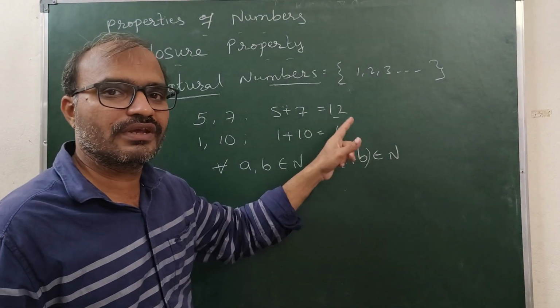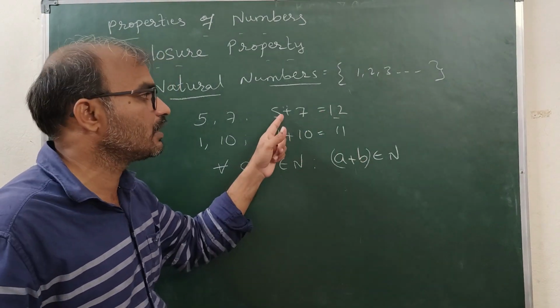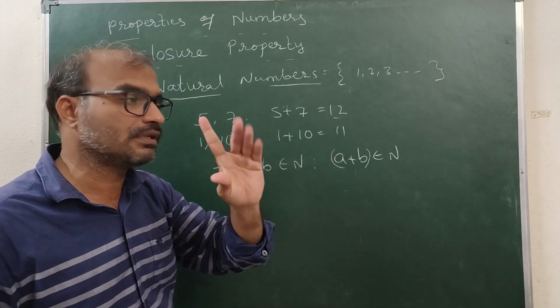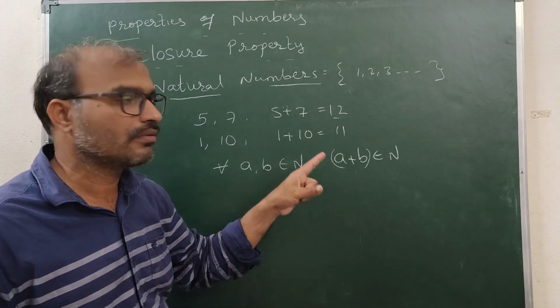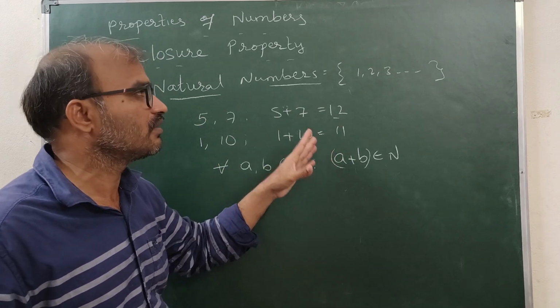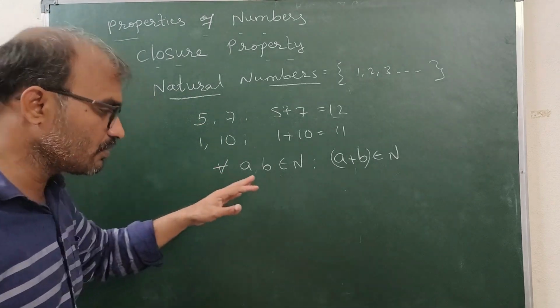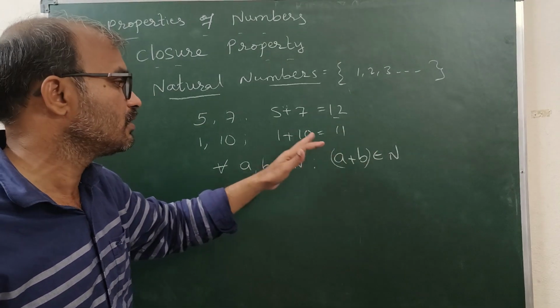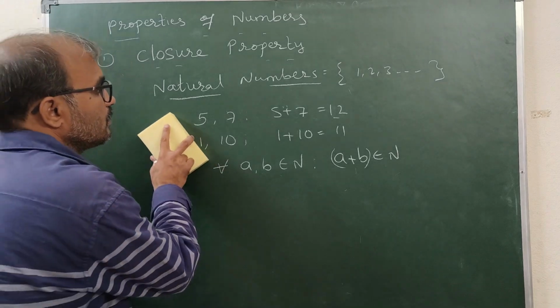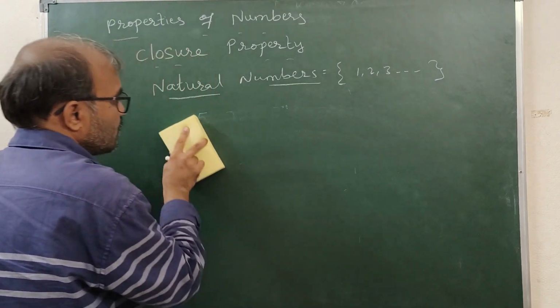Even if I give 100 examples to say it is true, if you are able to give a single example where it won't satisfy, then we say that natural numbers are not closed. But can we give such an example? Not possible here in case of addition, right? So now if you take subtraction,